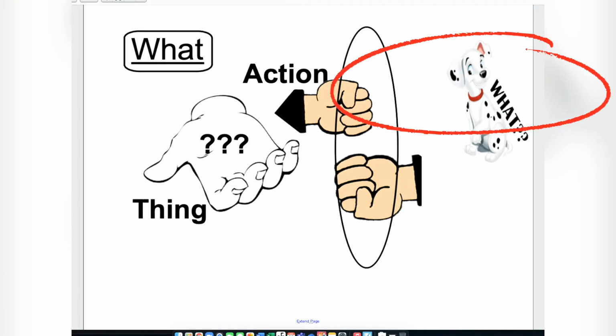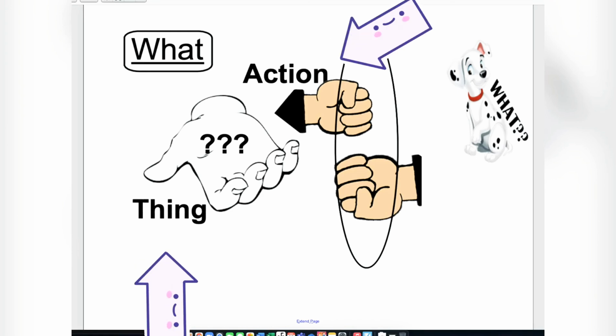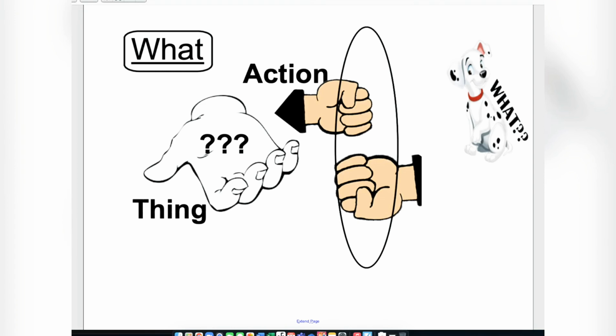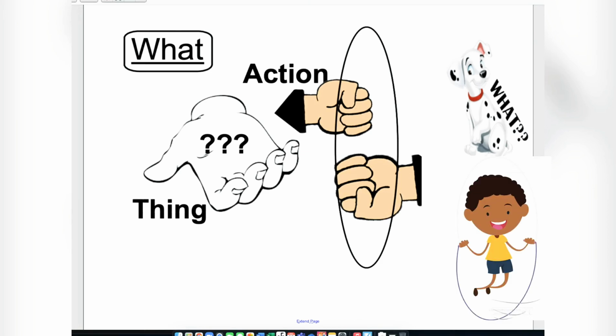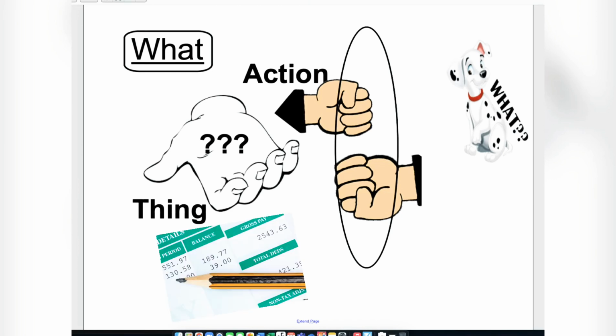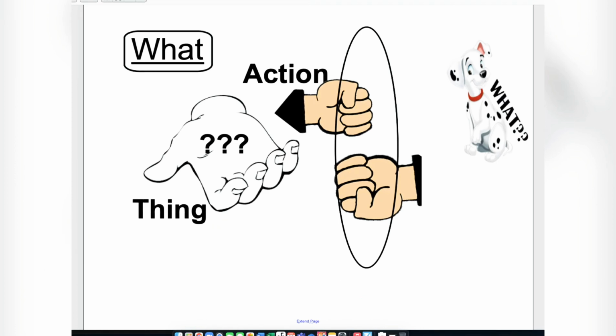The next puppy is a what puppy. The what puppy is always asking what questions. And whenever he asks a what question, it always has to do with finding out what that thing is that you're pointing at or referring to, or if it's an action, like jumping or running or swimming. What is the boy doing? What's the action? Jumping. What is that thing on the table? Oh, that's a pencil. So the jingle goes, say what? What? A thing or an action.